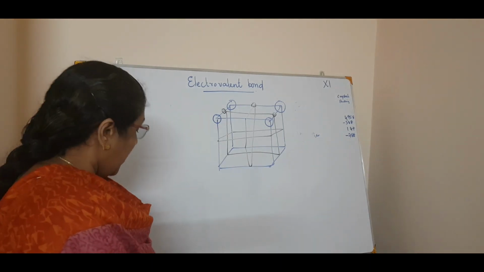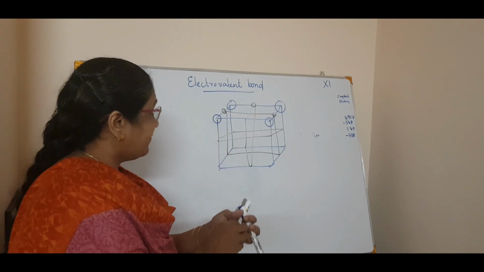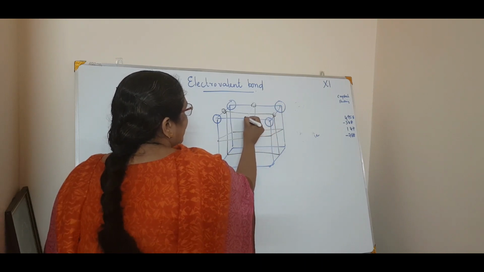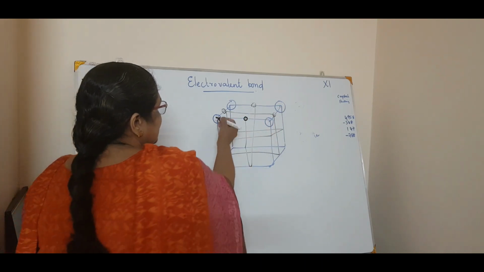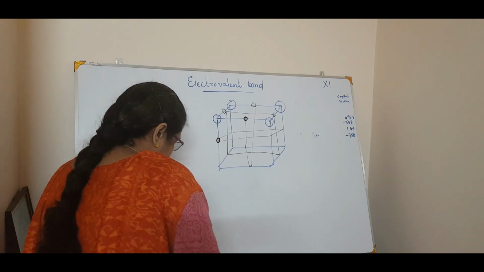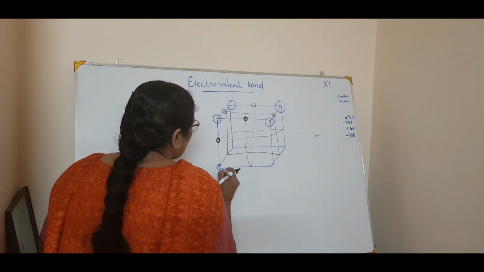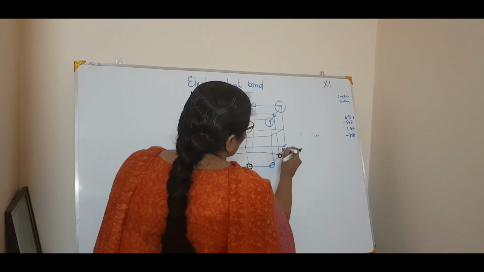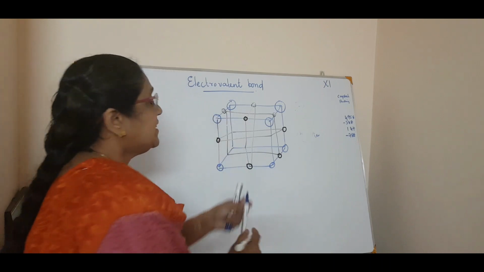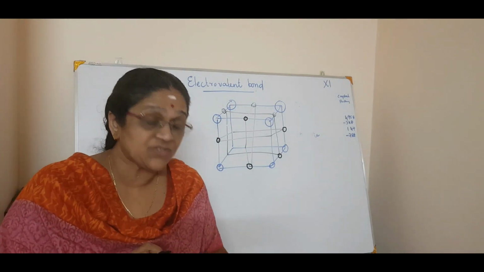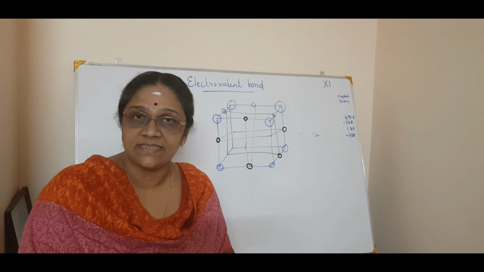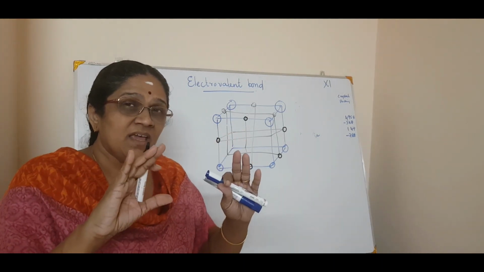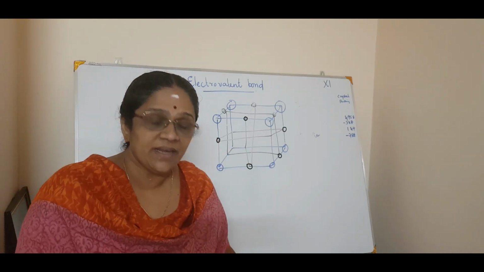That is one chlorine, then the sodium will come. Again chlorine, sodium, again chlorine, sodium, again chlorine, then here is a sodium. See, in all the cases, here it is chlorine, here it is sodium. Isn't it? Then here again chlorine, here sodium. Here chlorine, here sodium. Here chlorine, here sodium. So this is a three-dimensional lattice structure. You can say it is a crystal lattice. So this is the pattern. I said the packing arrangement of these ions in a crystal lattice is stable in nature.